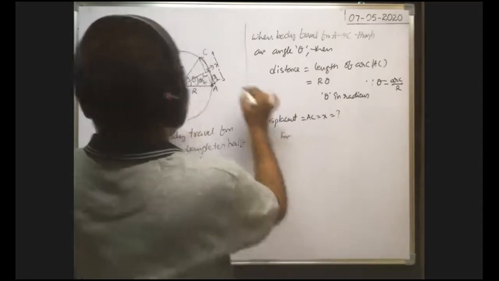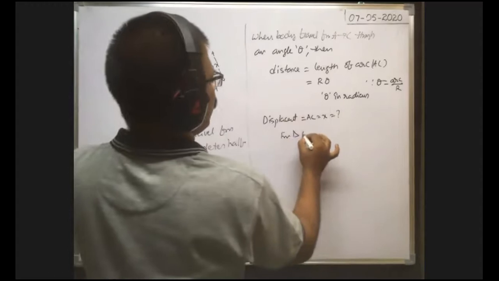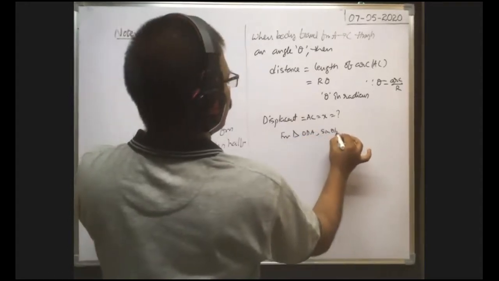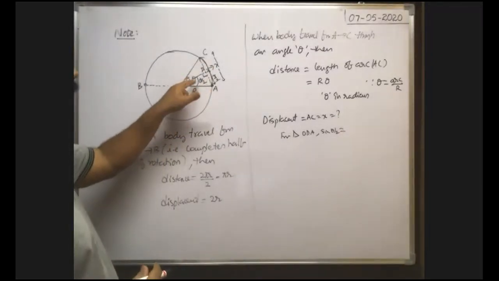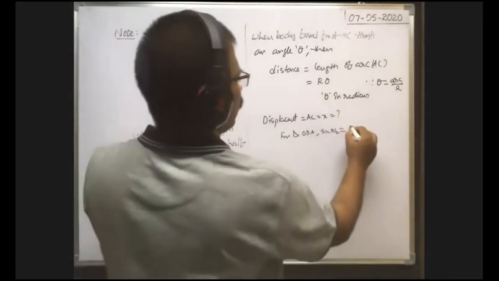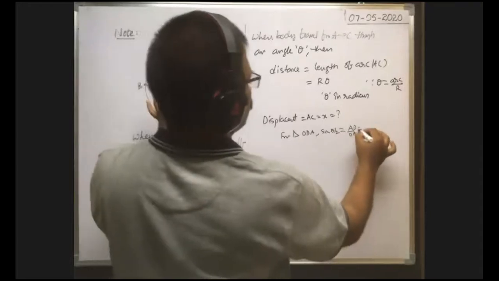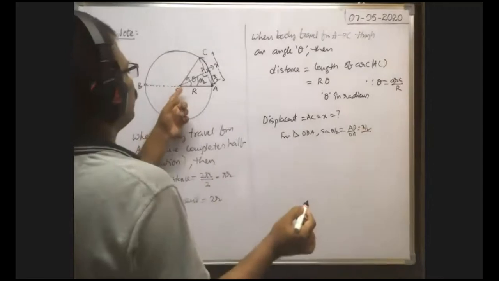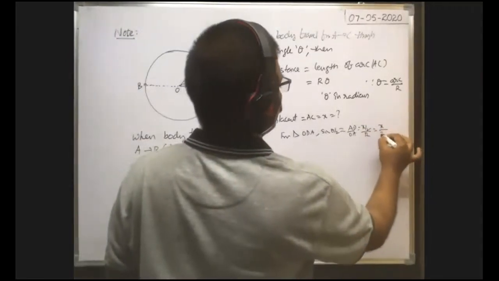Here this is the point, say D. From right angle triangle ODA, you take sine theta by 2 from the diagram. Sine theta by 2 is equal to AD by OA, no? AD means x by 2. Displacement here is x by 2, by OA means r. That is equal to x by 2r.